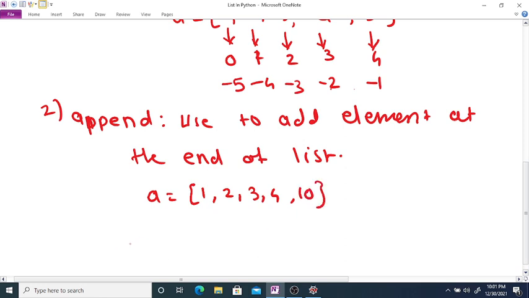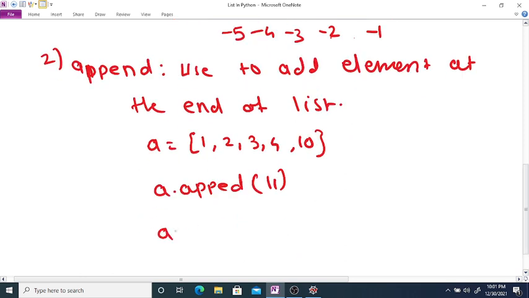Suppose you want to append an element, say 11, then use a.append(11). If you print the list a, then your new list will be 1, 2, 3, 4, 10, 11. So it adds the element at the end of the list.